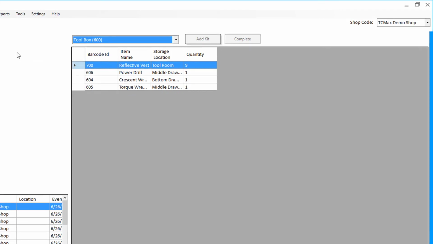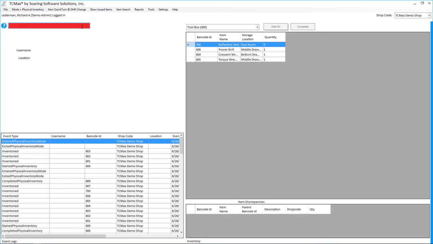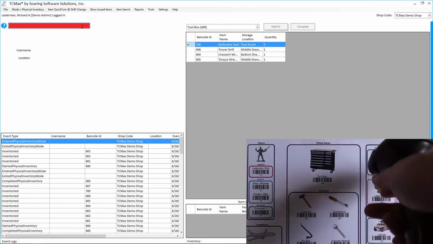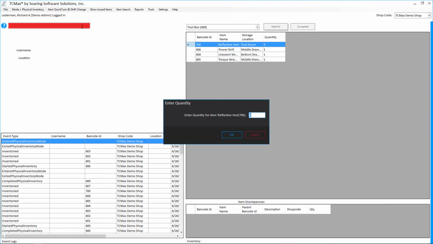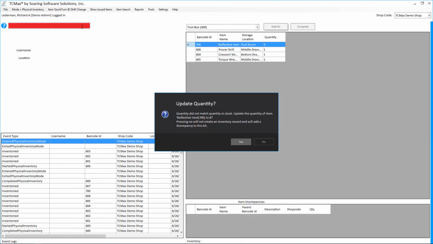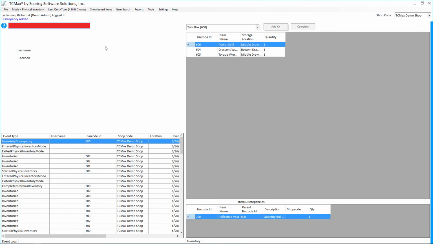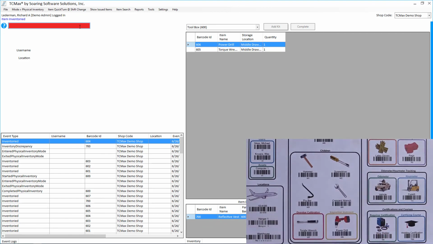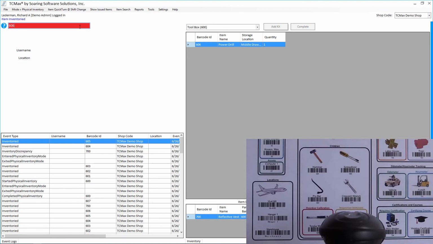When we clear the inventory list and the only item remaining is a discrepancy, if we leave physical inventory mode, the inventory is completed for us by TC Max. Enter quantity. Discrepancy. Inventory.